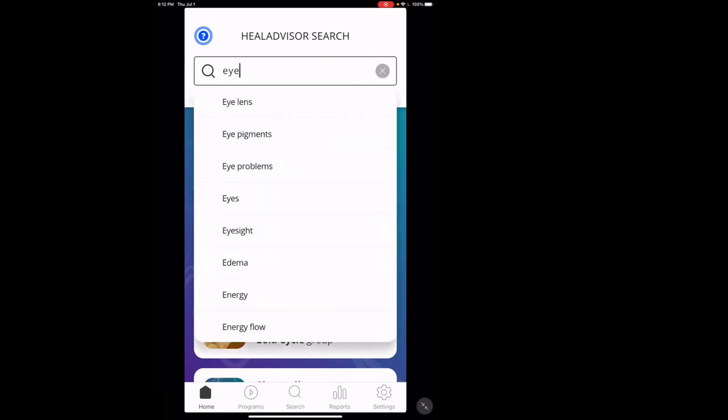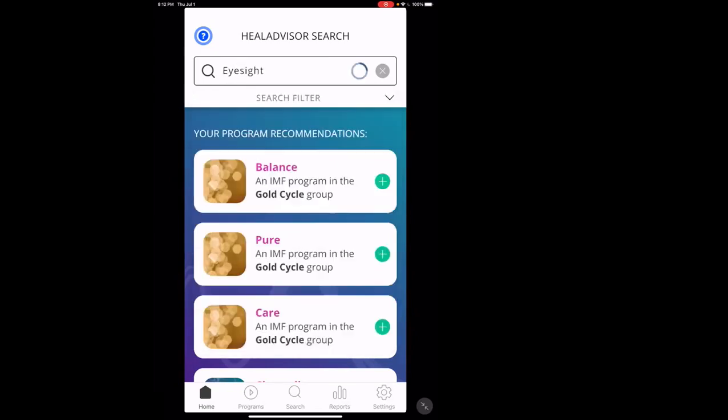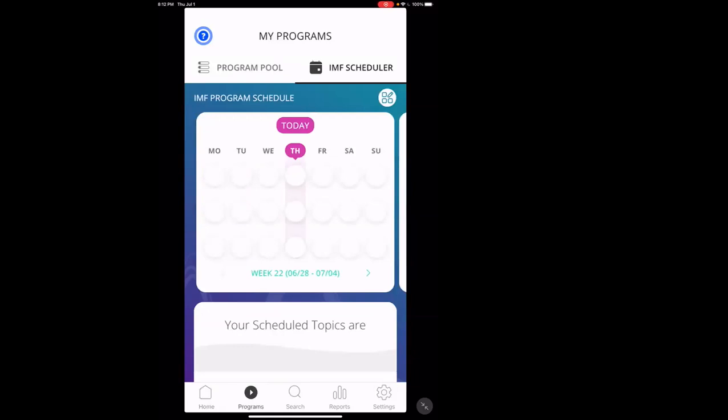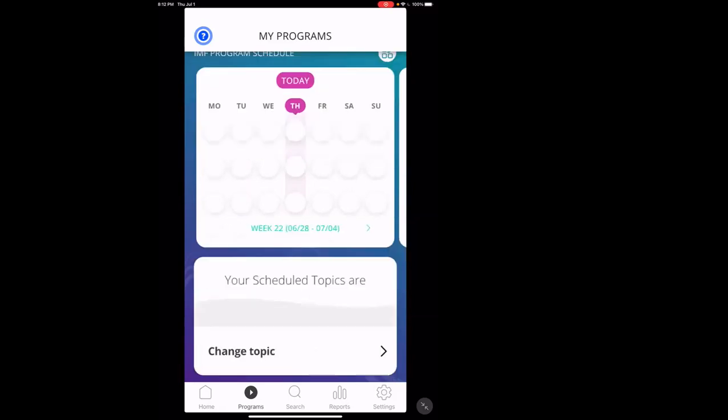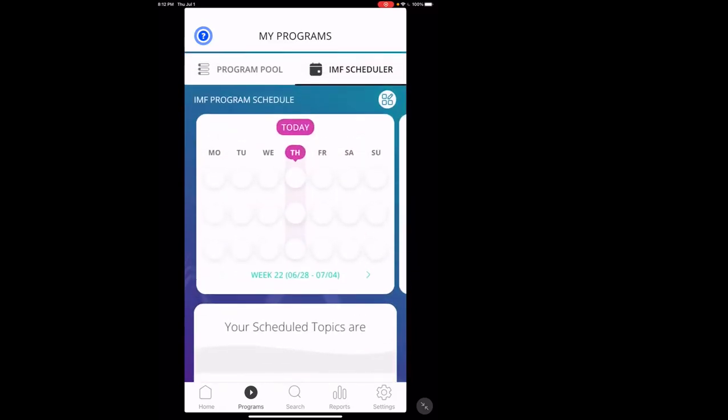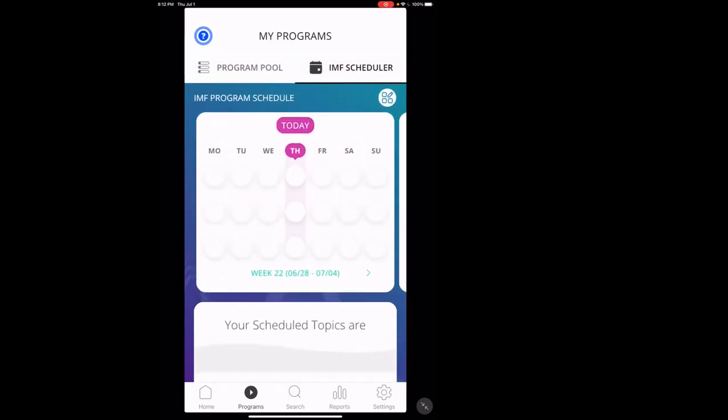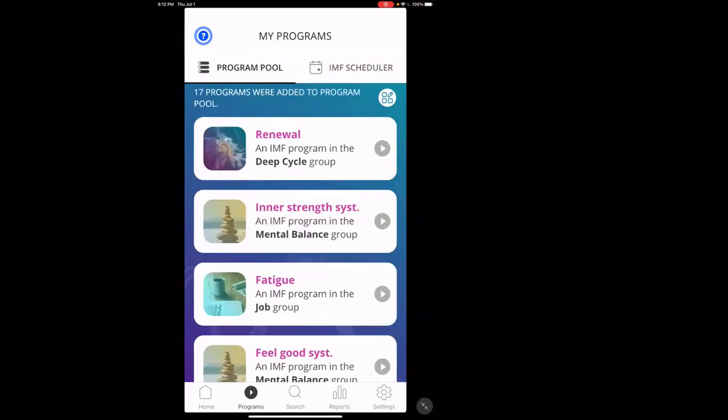So, okay, we've got eyes. They've got all these different kinds of things. So they said eyesight. Okay, here are the programs I could run for eyesight. I can come down here at the bottom, and if I touch program, you can actually schedule these to be run for you.